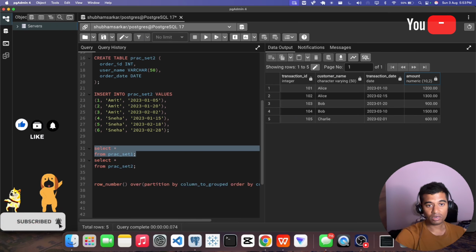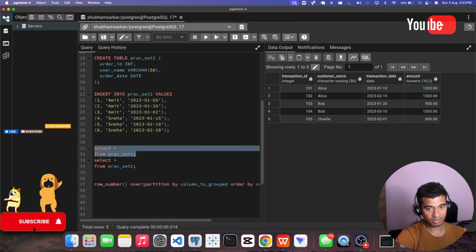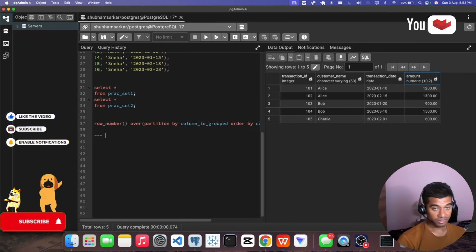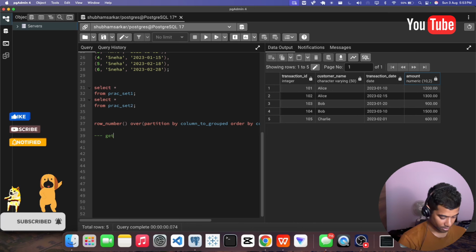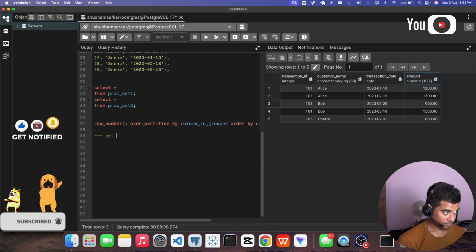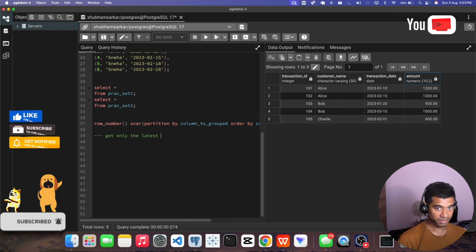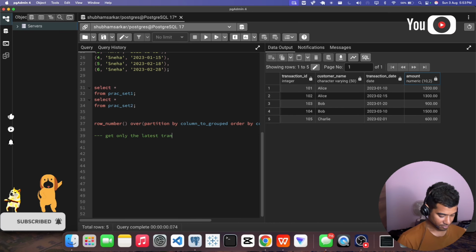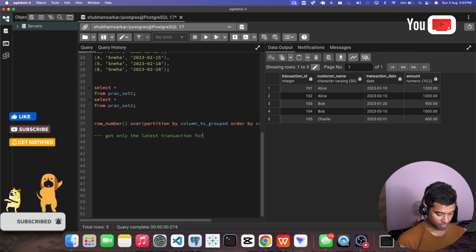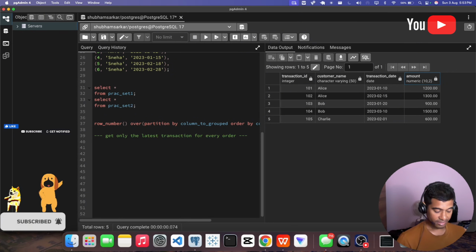And what is the goal from this table? To get only the latest transaction for every customer. So let's get started with the practical part and write the first use case here: get only the latest transaction for every order, sweet and simple.